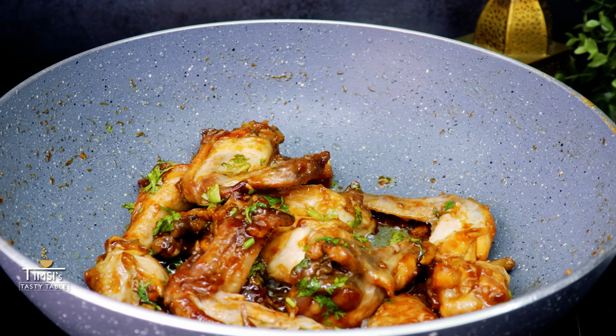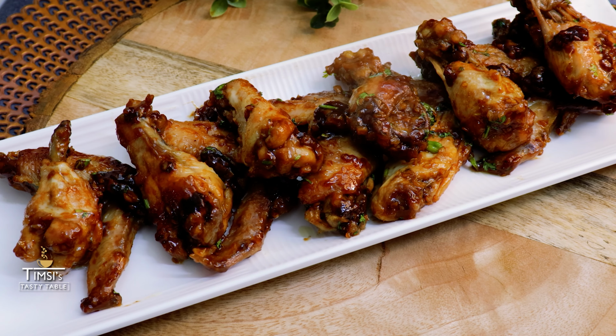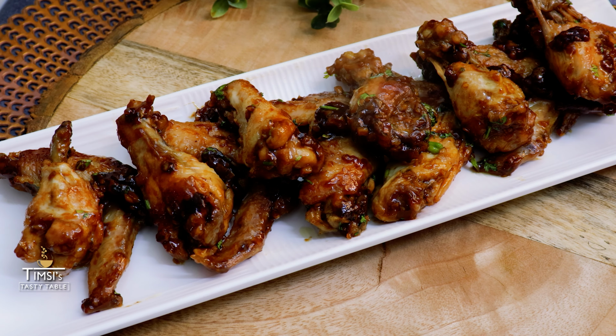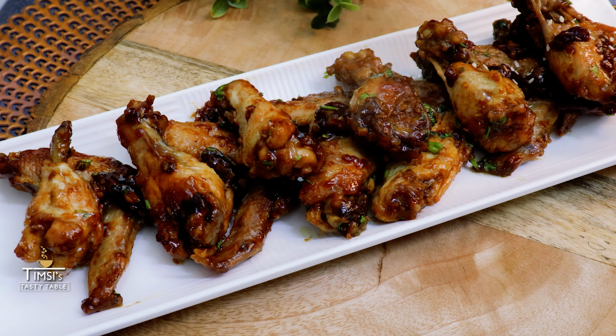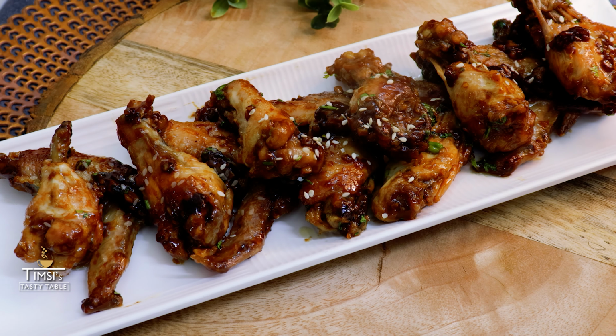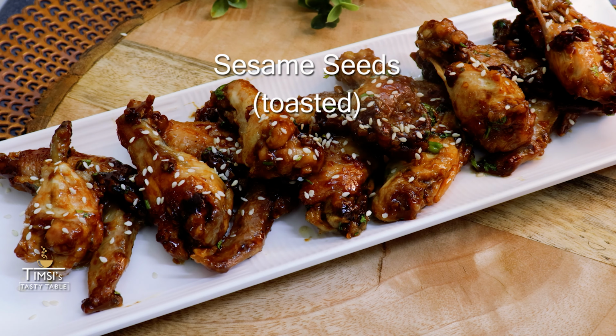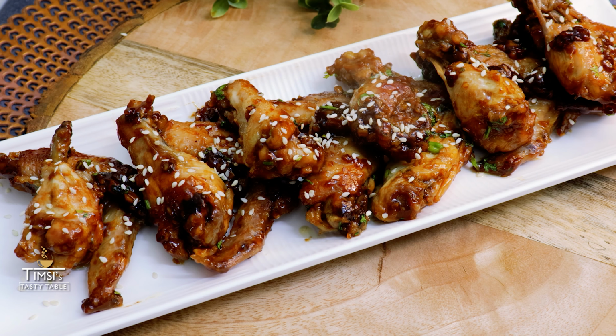So now let's serve. So here I've served these yummy sticky chicken wings and I hope you are liking this recipe. Let's garnish them and give them the final touch with my favorite sesame seed topping. So enjoy this recipe with chilled mojito of any of your choice and